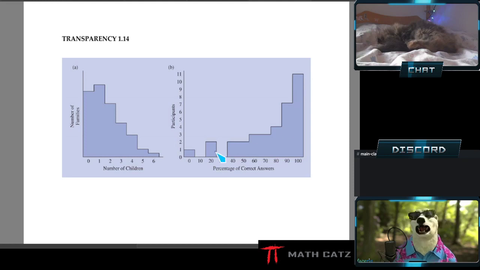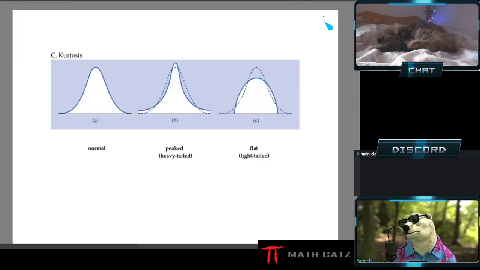Or I can have a negative skew where I look at a test and how many people got a certain percentage of correct answers, depending on the test, of course. Maybe it was a super easy test. A lot of people got 100%, and fewer got nothing. A negative skew profile comes often from a variable like that. So I have this skewness that I just want to have that key word and that basic concept, and that's all for now. We also have another concept, and this is the last one, called kurtosis, which is an indication or refers to